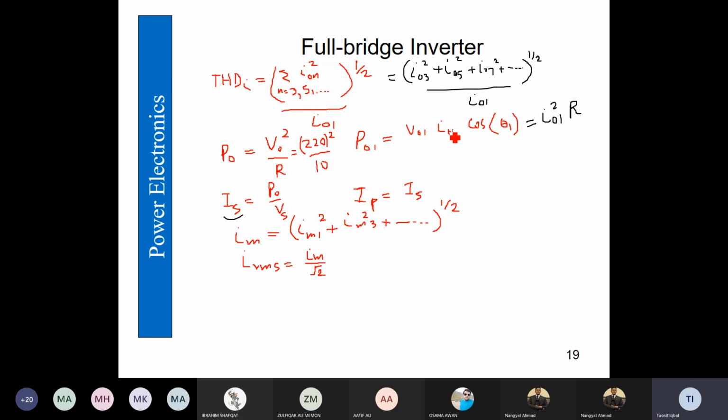PO1 is VO1 RMS value, IO1 RMS value and cos theta 1। ठीक है, सिमिलरली हमने IO1 फाइंड कर लिया था, so we can calculate it IO1 square by multiply by R। IS फाइंड करेंगे, टोटल पावर 220 square divided by 10 divided by 220, so 220 by 10, so therefore we will get 22 amperes supply current।